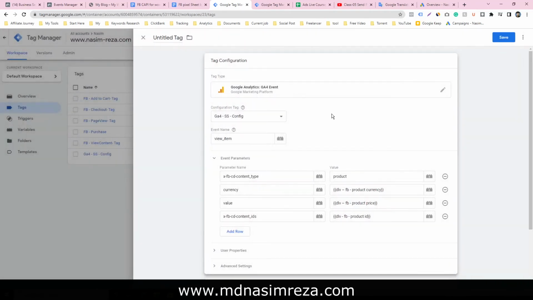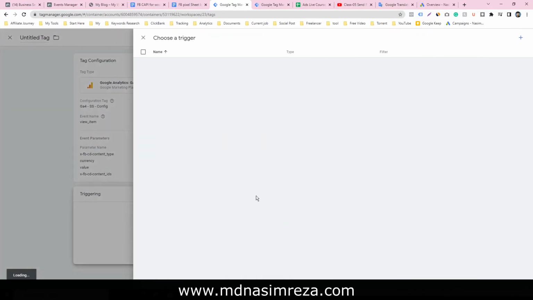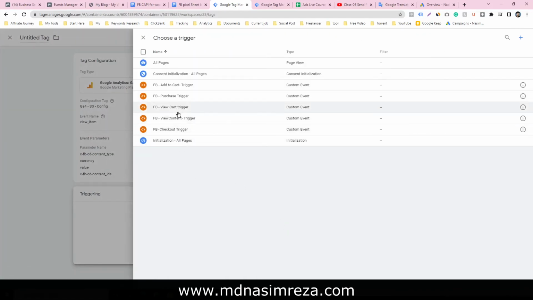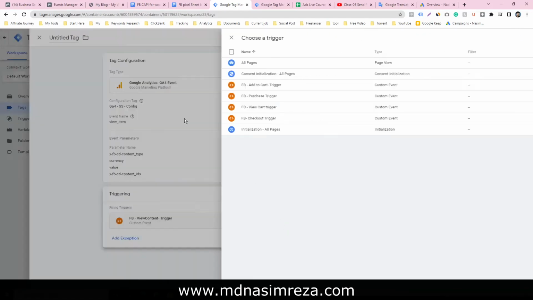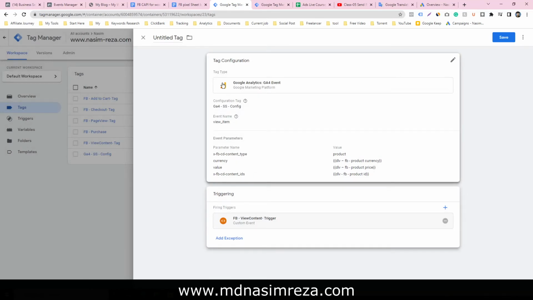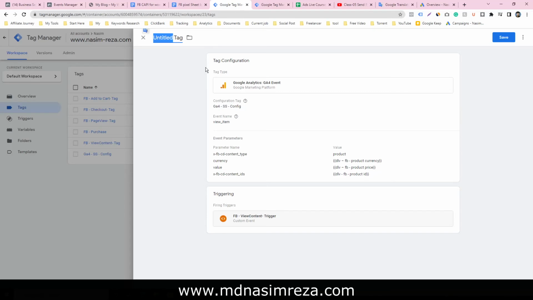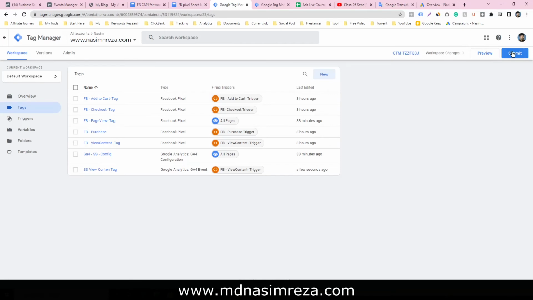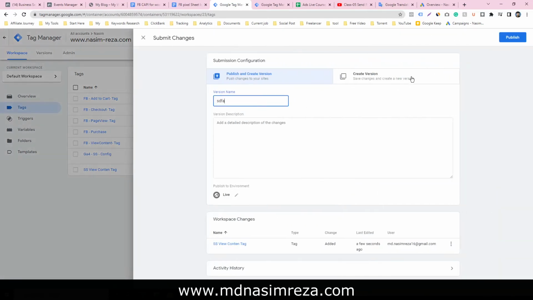So that's all our variables, and the trigger will be the view content trigger. Give a name here, SS view content. So just save it and submit it.